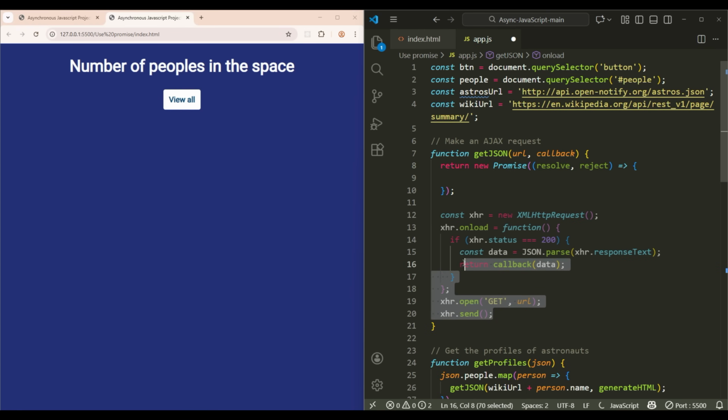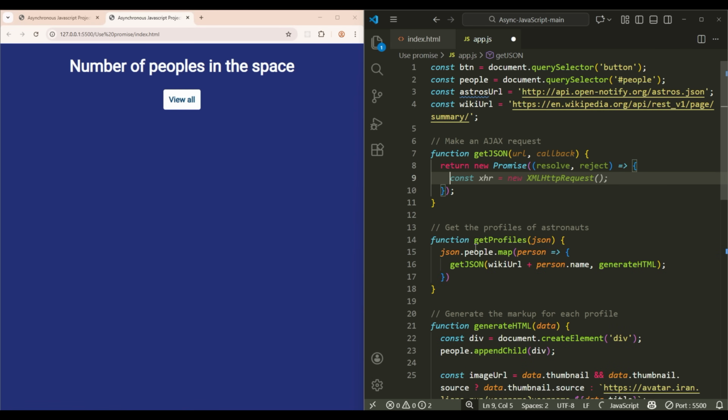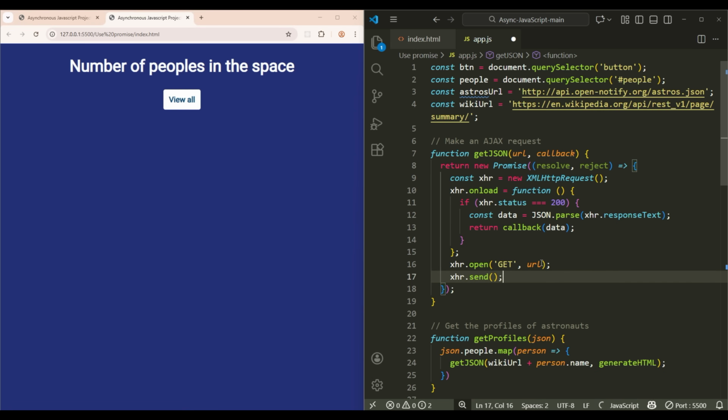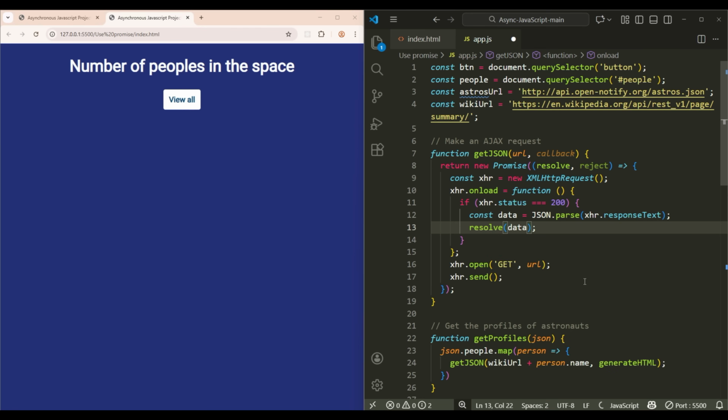Then cut this code inside the promise. Next, when the API data loads and if the status is 200, instead of using callback, use resolve, pass data, which will change the status of the promise from pending to fulfilled,